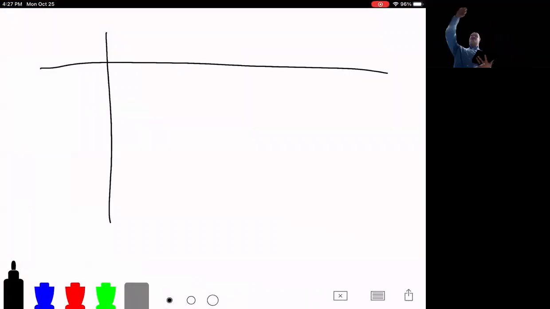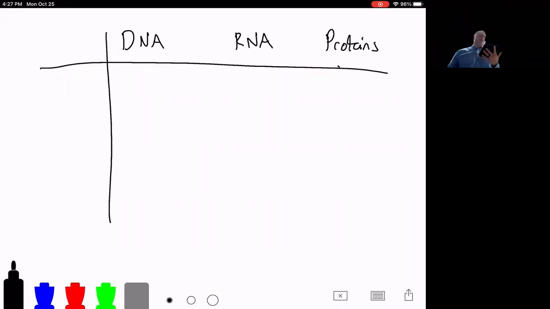So when you're studying, you can do linear notes down the page if you want. This is another way to study once you consolidate a lot of material. I'm going to use a genetics example. If I want to know the differences between DNA, RNA, and proteins, and you set up this XY matrix like this, you're going to start to be able to see how things are different and how they're the same.